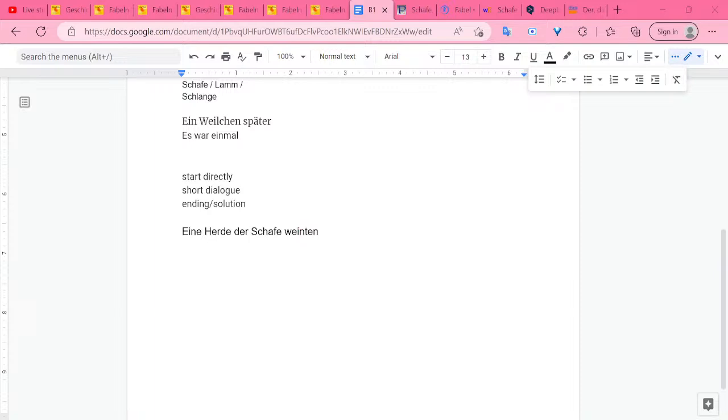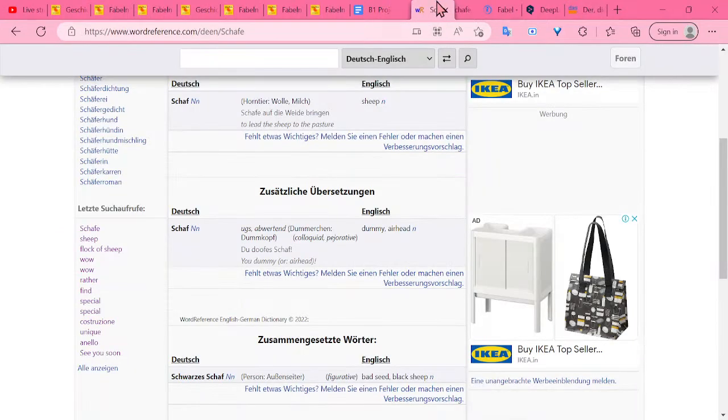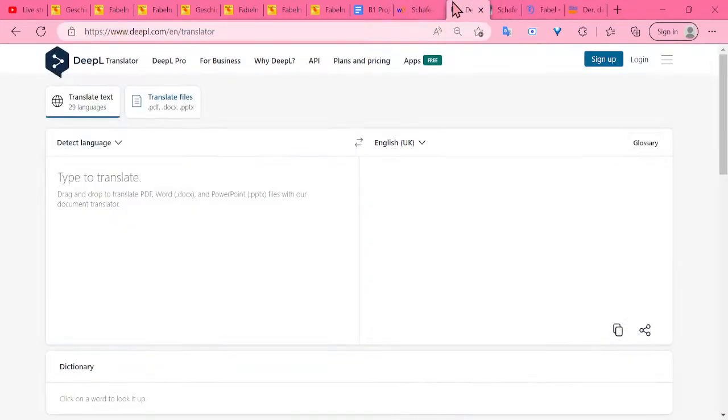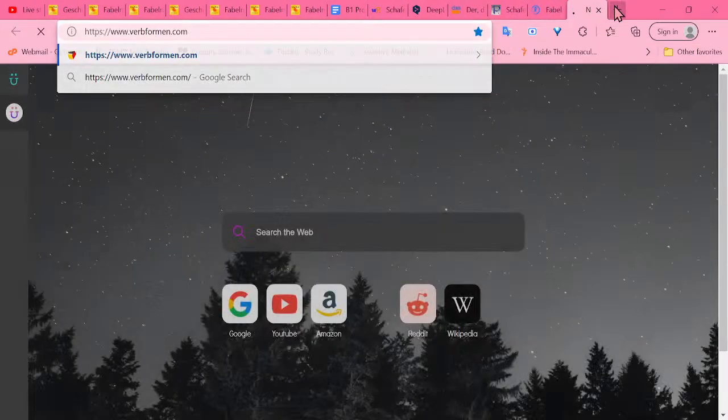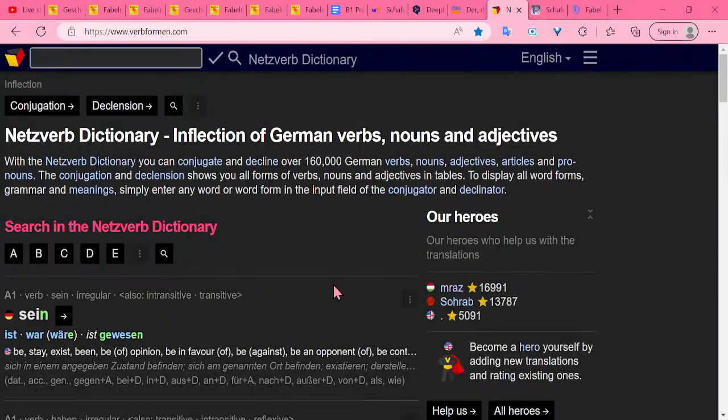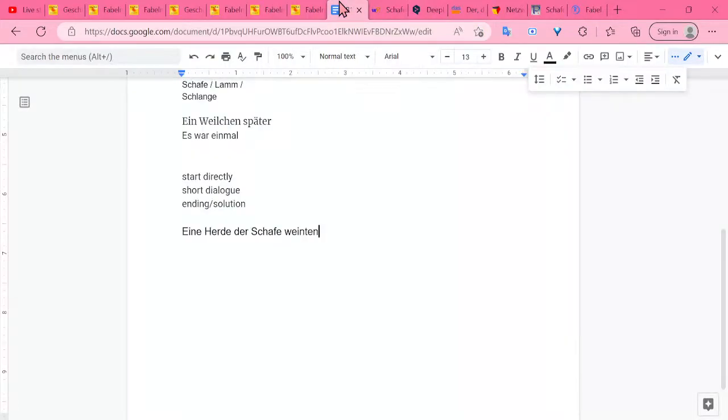I recommend having all of these websites with you when you're doing this, or any homework really. I'm sure you noticed I always have, for example, WordReference for finding new words. I have DeepL just to check if my work is correct, kind of a translation. I have der-artikel.de, and I also usually have Verbformen, so you can check tenses and stuff. There's also another website, which one is it? I kind of forgot. Oh yeah, Rechtschreibprüfung. There's a Duden Rechtschreibprüfung. It's great, it checks your text for errors.